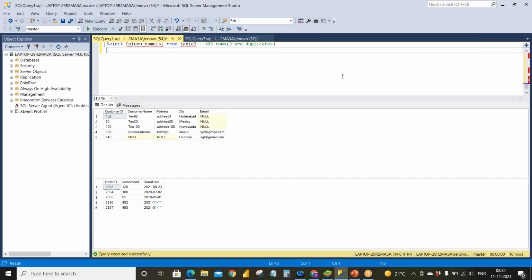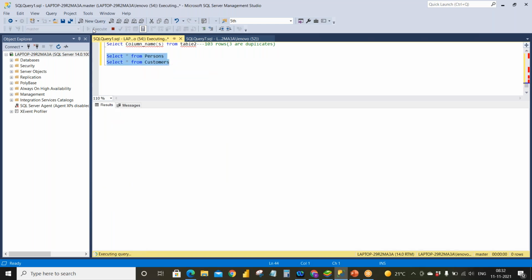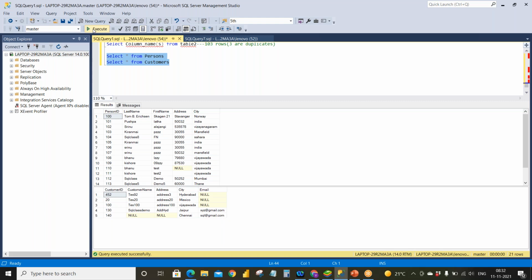Let's see persons table and customers table, whether we can give this. We can use it.